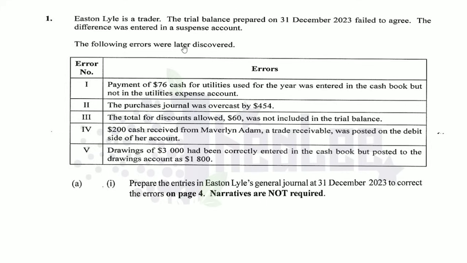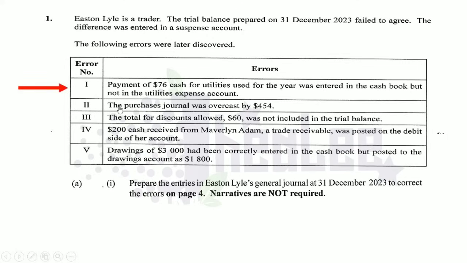The following errors were later discovered, and there are 5 errors. You're asked to prepare the entries in Easton Lai's general journal at December 31st, 2023 to correct the errors. And note briefly, narratives are not required. Let's look at the errors. The first one reads,